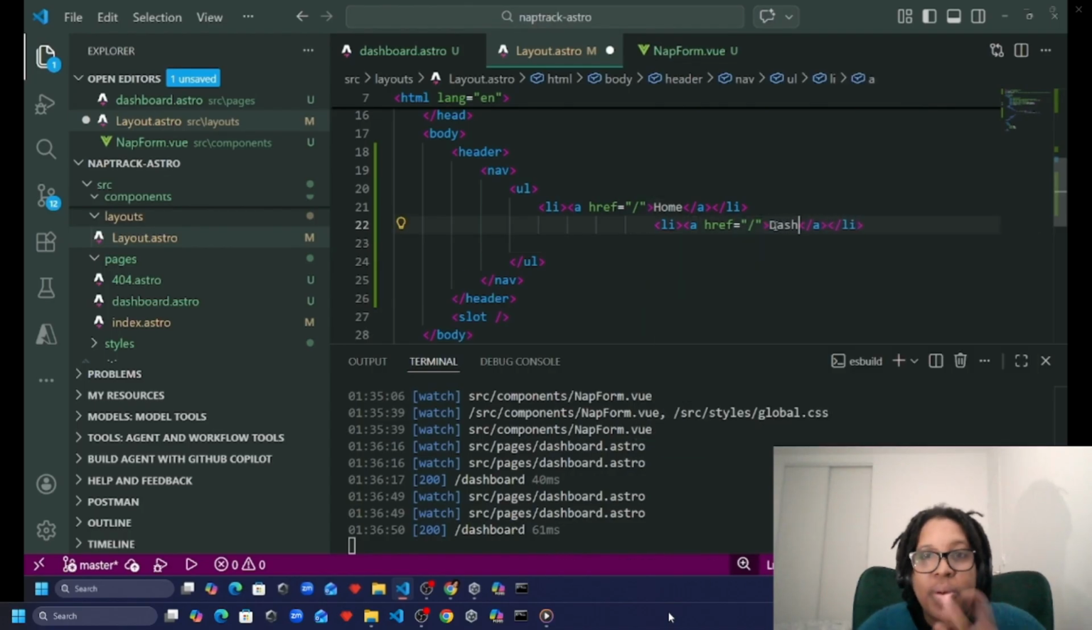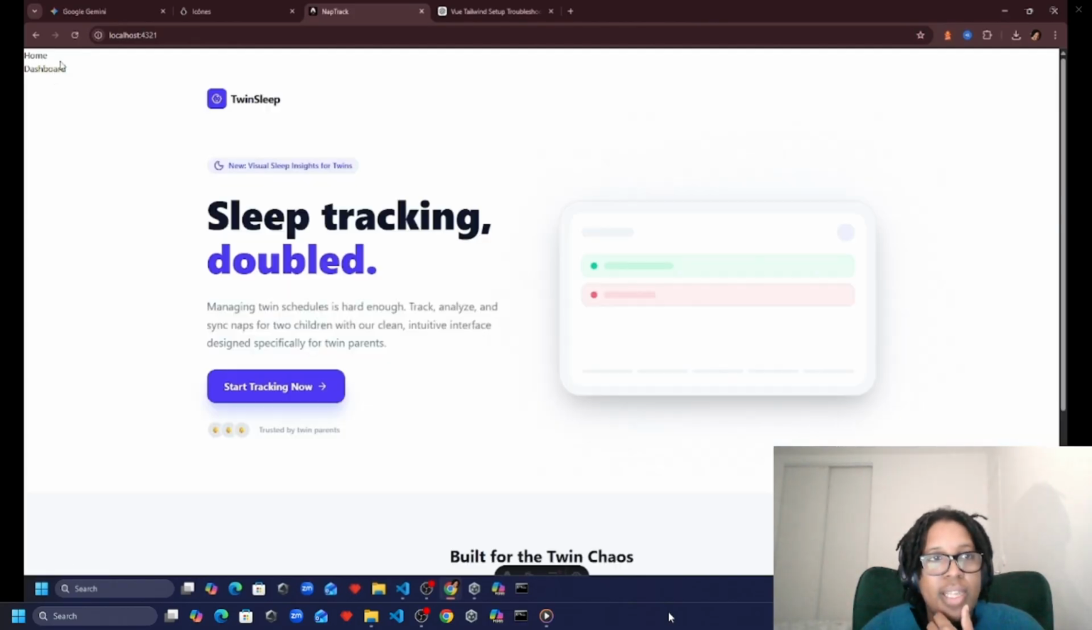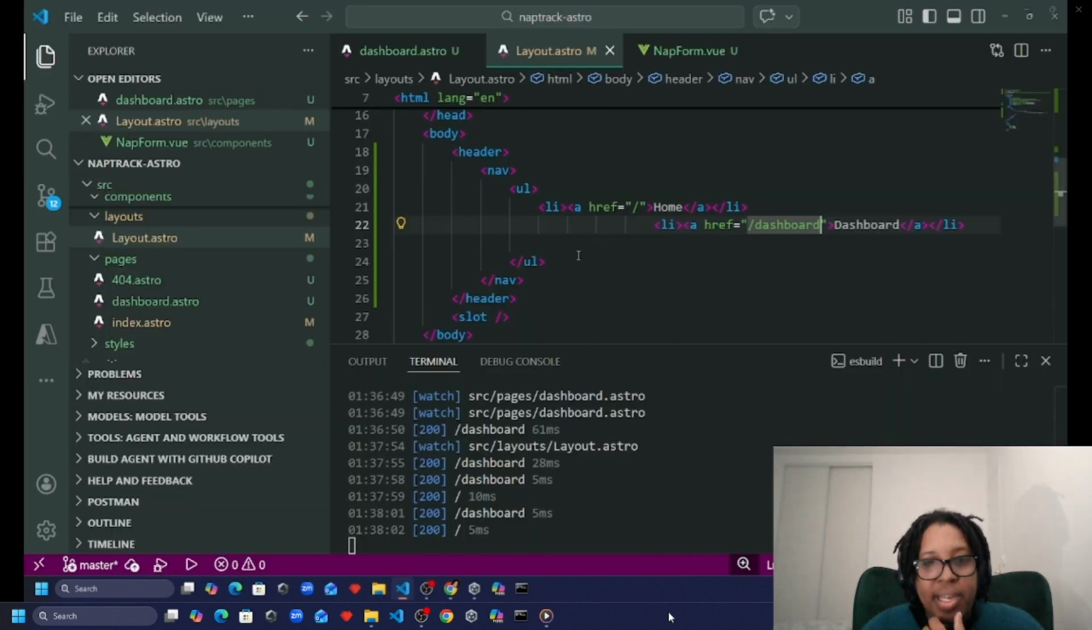And we're doing it on the layout page so that it shows on every page. Whenever you want to do anything like that, that's a good idea. Could even be its own component as well. Very nice. Okay, so the home is there, dashboard. Okay, awesome. So we can get